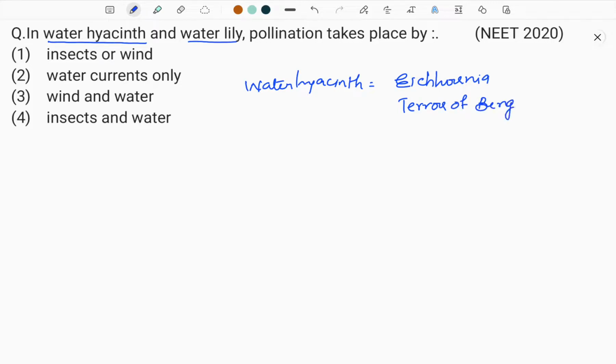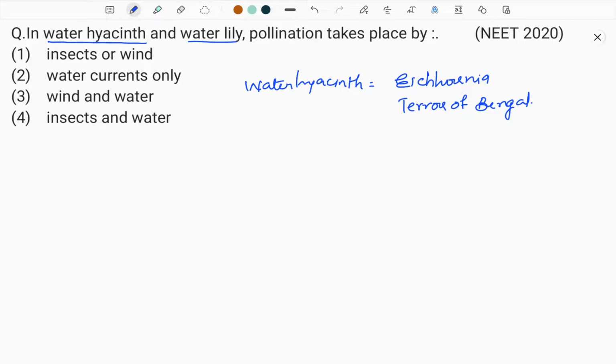About this plant I can say a few words: it is not of Indian origin. It's been brought from foreign countries because of its beautiful flowers and leaves. And unfortunately, this plant grows tremendously if favorable conditions are present in the water body. It grows in such a rapid manner that it occupies the entire pond in a short span of time and